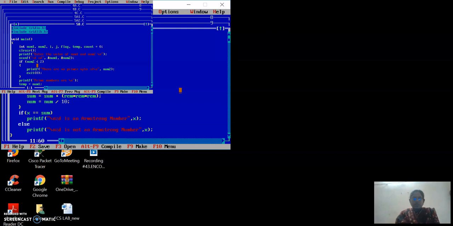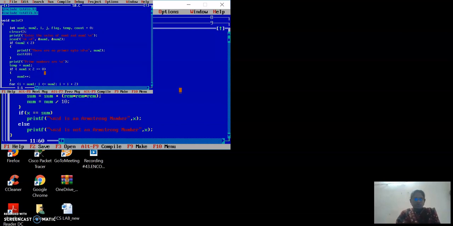If this upper limit is less than 2, then there are no prime numbers. Why? Because prime numbers start from 2. So how I am going to print the prime numbers is, I'll take one temp value and store number 1, that is your lower limit. If lower limit modulus 2 equal to 0, number 1 plus plus. For i equal to number 1 till number 2, what I am going to do is